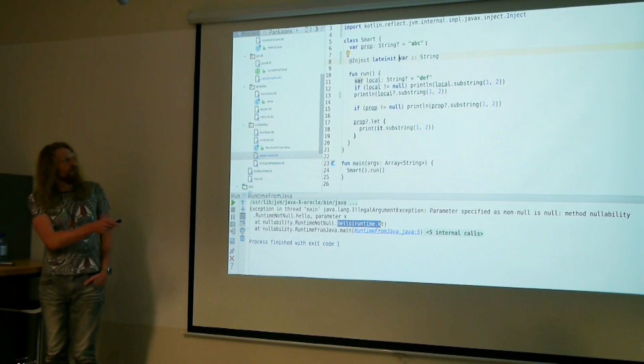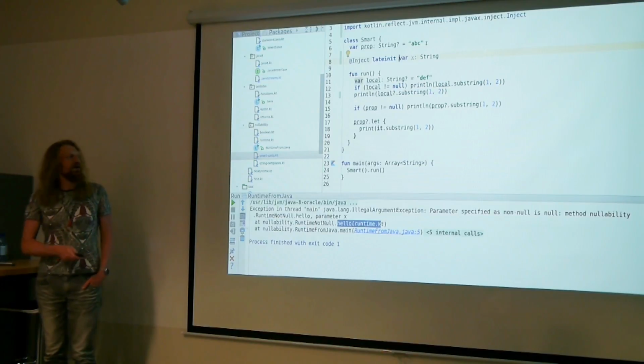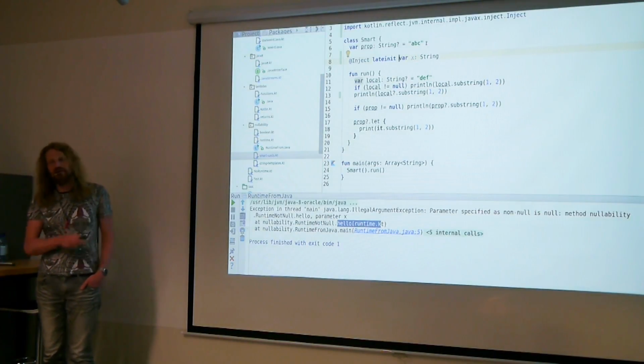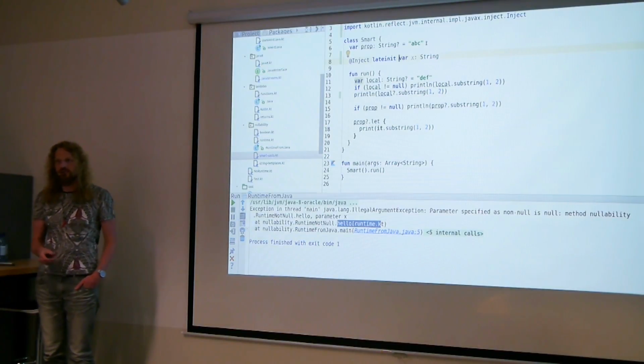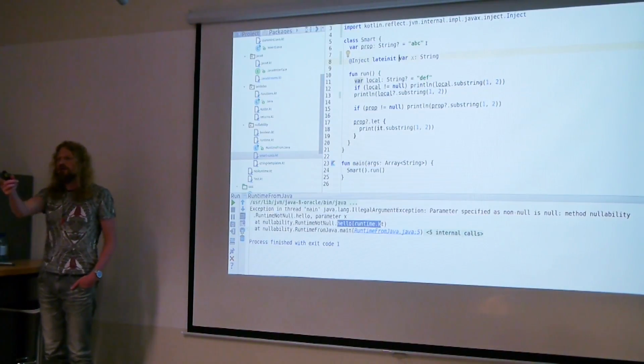So the compiler will allow you to have it without a value, because you tell the compiler that it will have a value. Don't worry. And then when you try to use it without it getting a value, of course it will fail at runtime. But at least you've been warned in this case. And for dependency injection, this is the correct way of doing that. So, question?